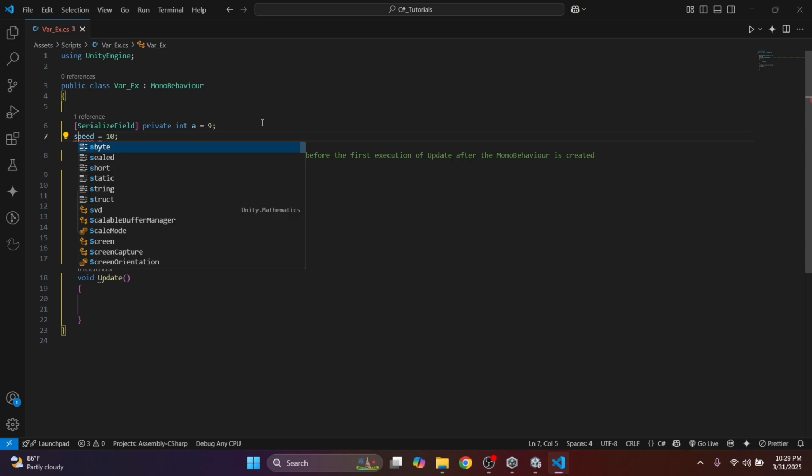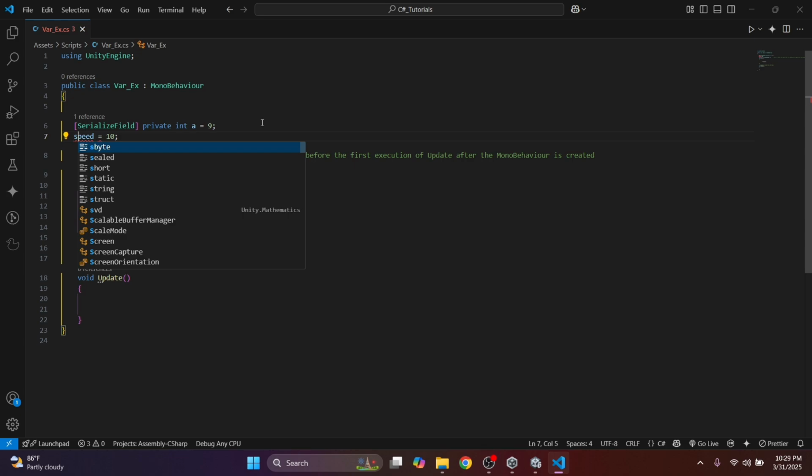In this case, if we use a private variable for speed, we will not be able to change the speed from the inspector and from other scripts. As I told you, a private variable cannot be accessed either in the inspector window or in any other script. So we will not be able to change the value of speed. If we want to change any other variable, like player health, suppose there is a medikit and you want to change the player health when the player picks it up, we should use a public or a private variable and create a method